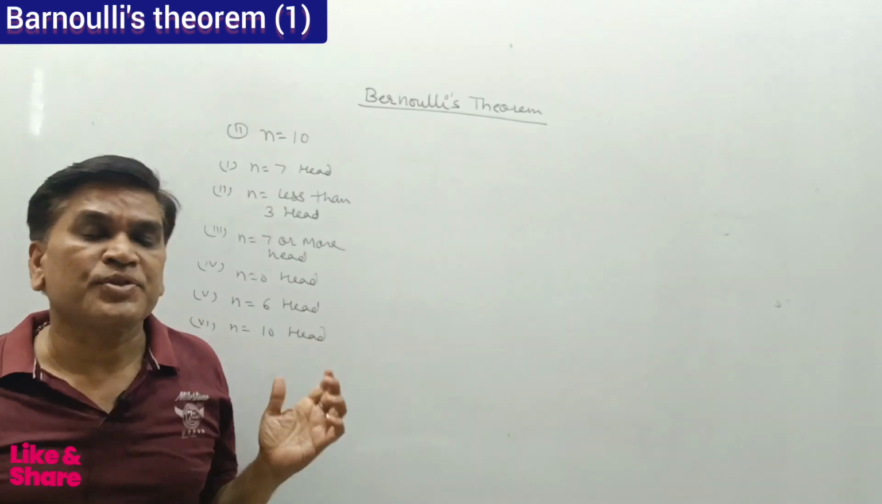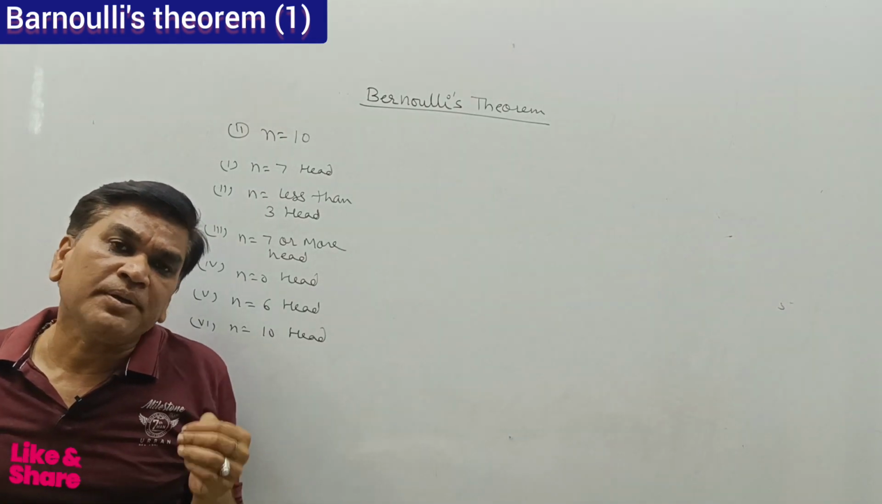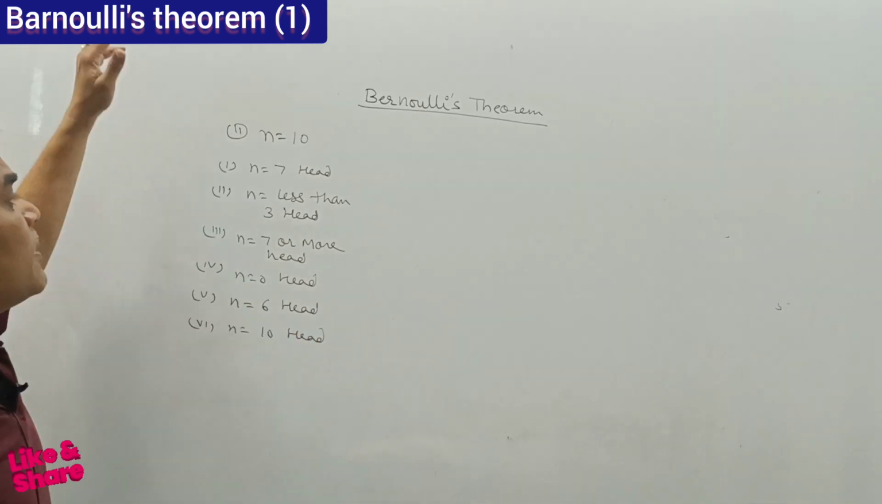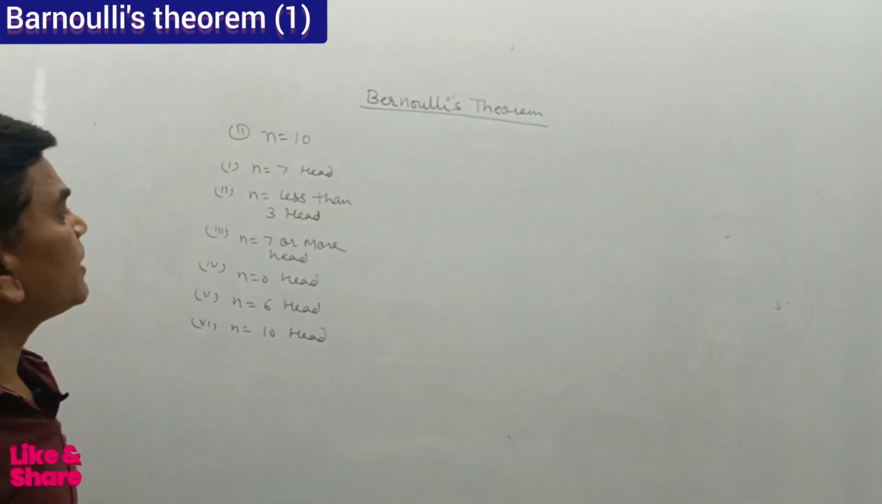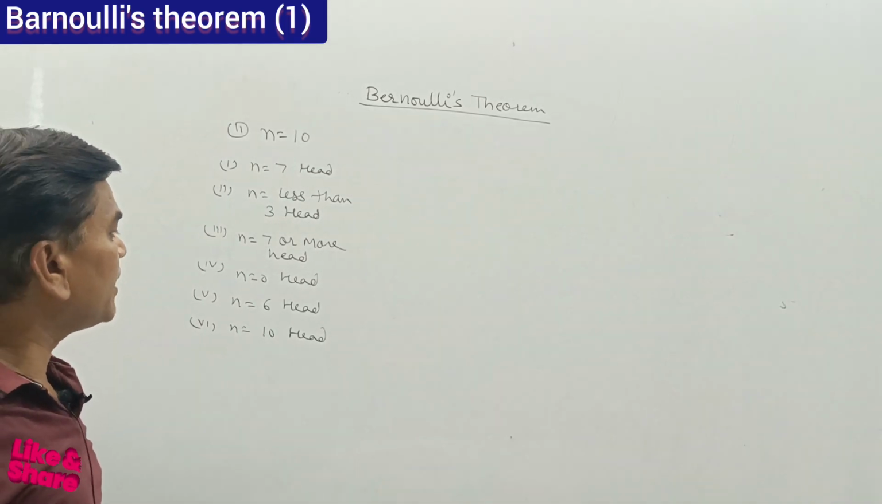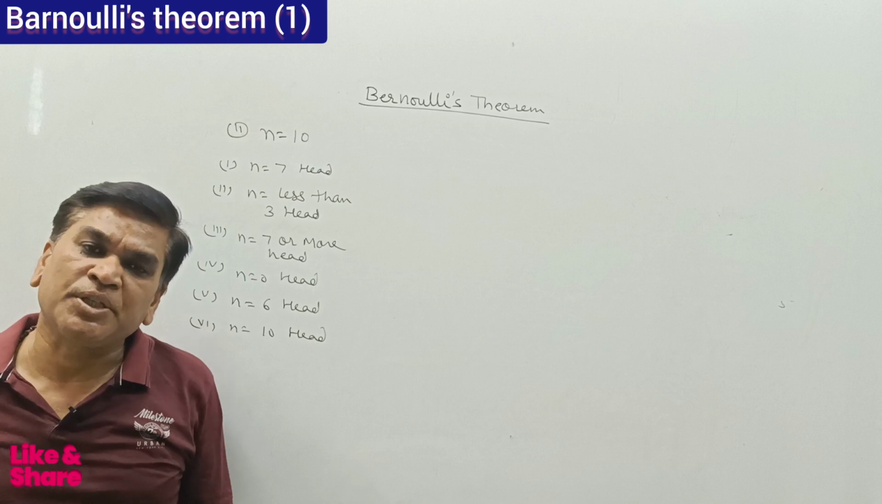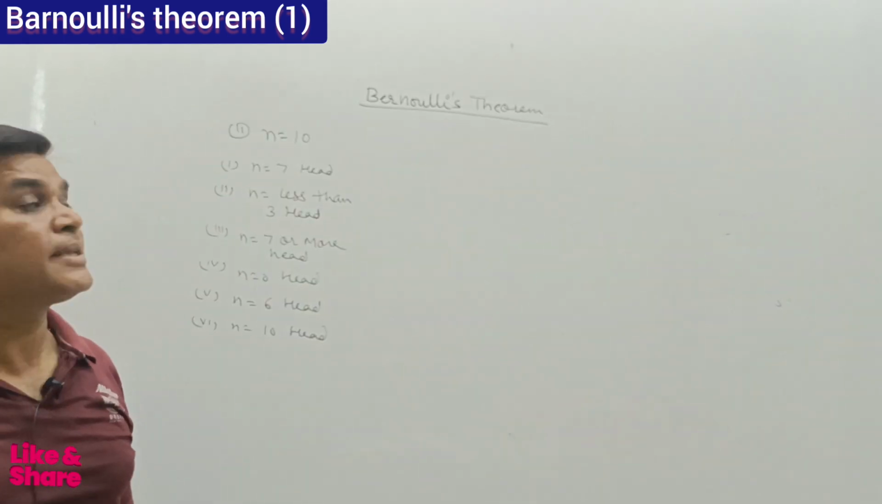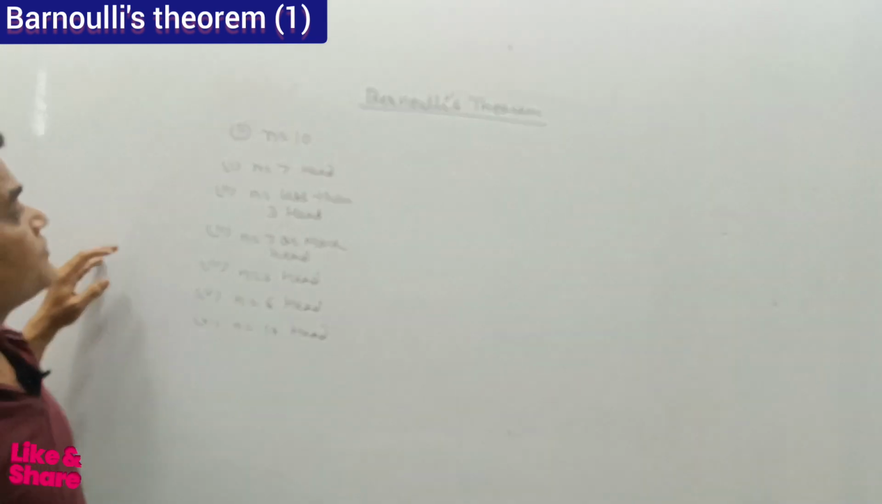I have taken this question: if a coin is tossed 10 times, we are to calculate the probability of getting 7 heads, less than 3 heads, 7 or more heads, 0 heads, 6 heads, and all 10 heads. So the very first one,